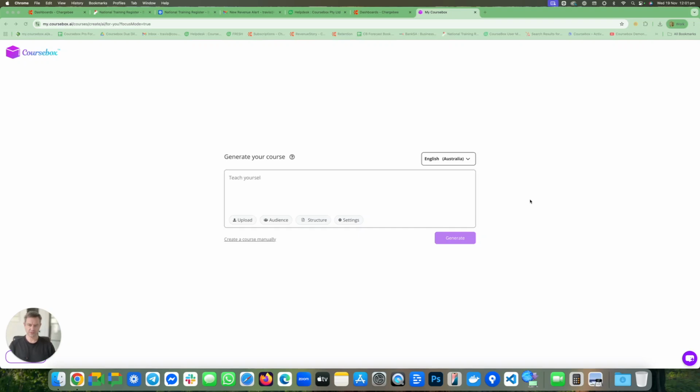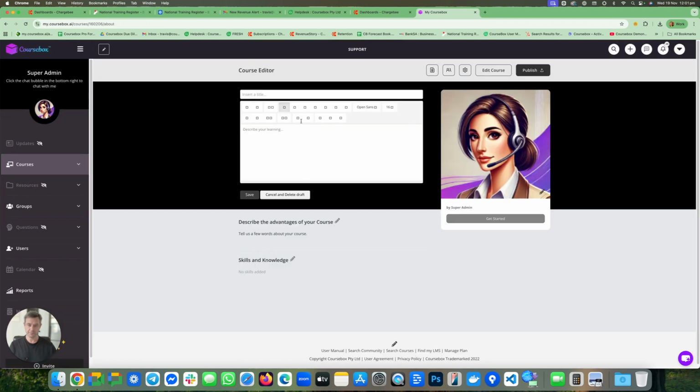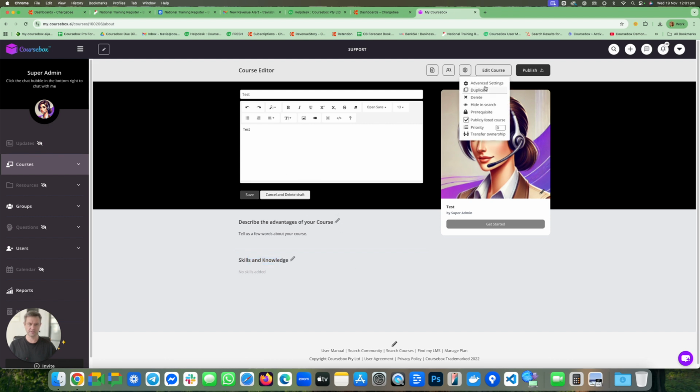Let's go through some of the advanced features in the course editor at Coursebox. Not everybody realizes, but you can actually skip our AI course creation step completely, clicking create a course manually, and then give that a title and a description for your course. You can update the image on the right, the advantages of your course, skills and knowledge, and more advanced settings